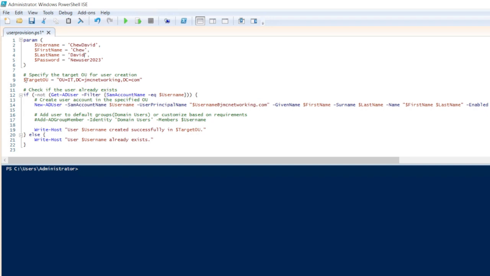So example, hashtag $target OU, so OU IT from the domain gmcnetworking.com. So we need to check if the users already exist. In this part, the statement Get-ADUser with filter SamAccountName equal to that username. If that's true, then we need to create an account for that specific OU. If false, right away create the user account, else already exist,